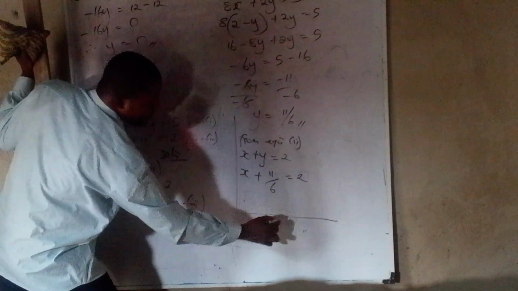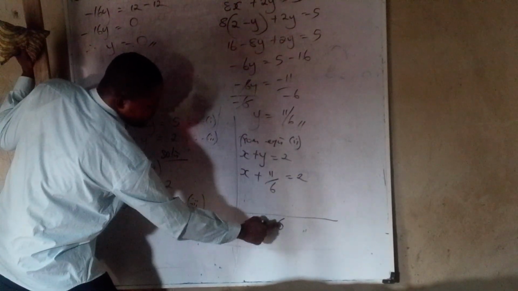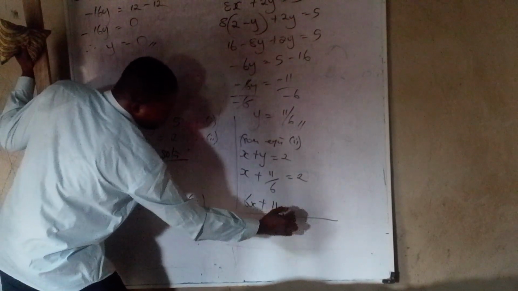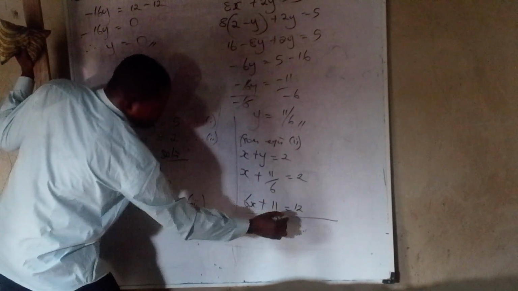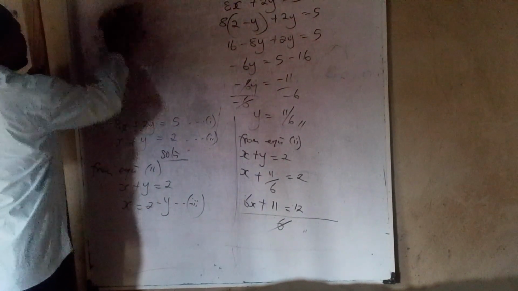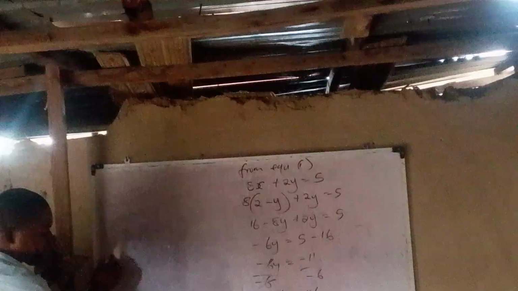Now I find my LCM of 6. Only 6 will come down. 6 times x is 6x. Plus 11, the 6 there wipes out. Equal to 12, because 6 times 2 is 12. Because of this equal sign, I delete my LCM, so that my final answer will drop down to give me 6x plus